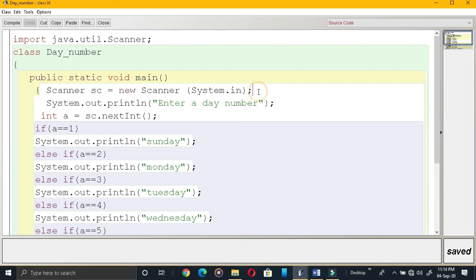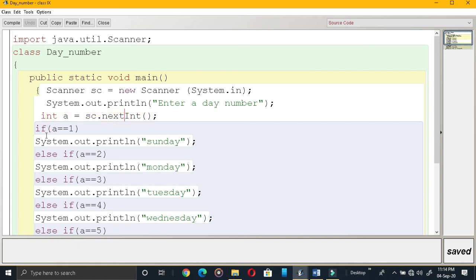Object is here. What is the name of the object? SE is the object. Now the message for the terminal window: enter a day number. This is the message for the terminal window, and here we receive the value. Enter a day number. You can enter 1, 2, 5, 15. Any number can be entered here.